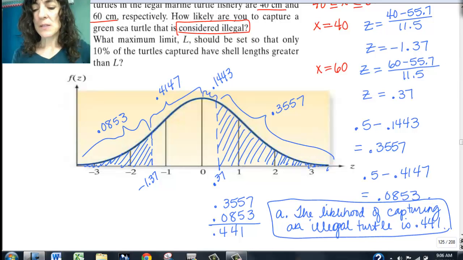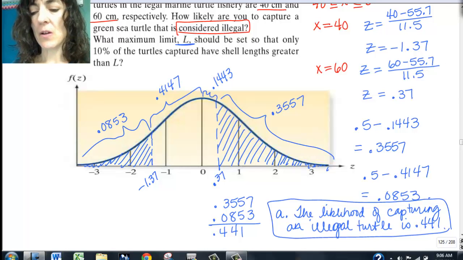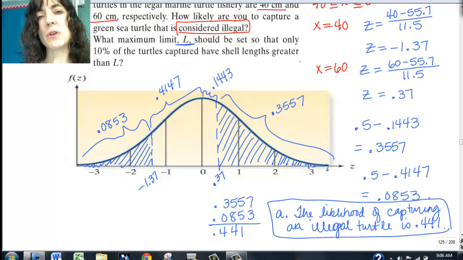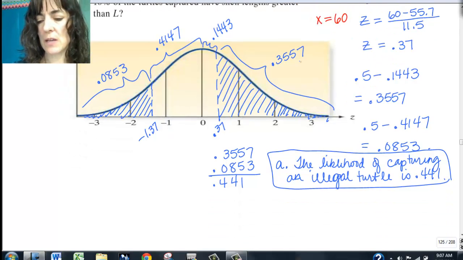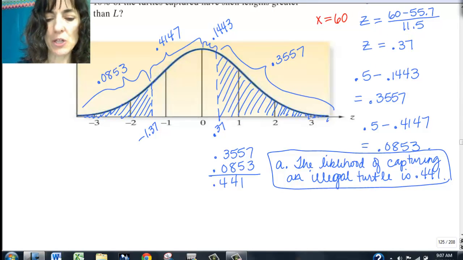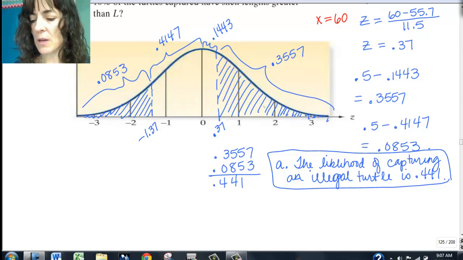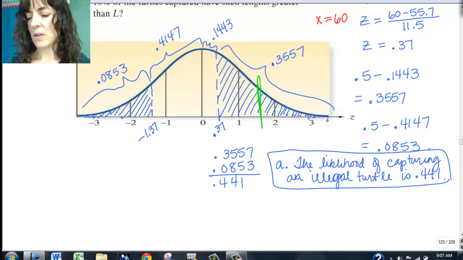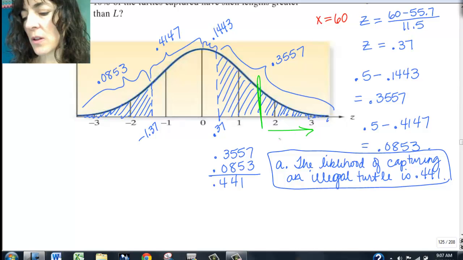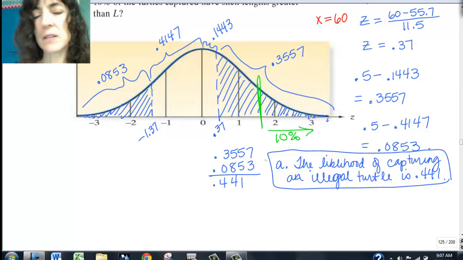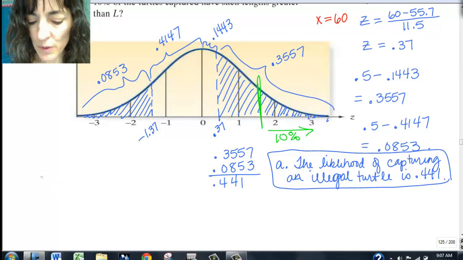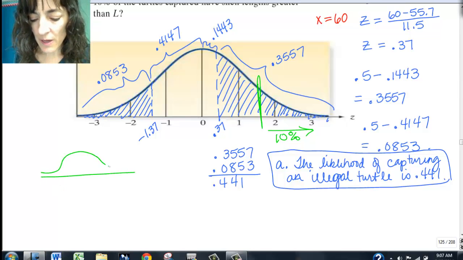Then part B says, what maximum limit L should be set so that only 10% of the turtles captured have shell lengths greater than L? So let's take a look at what that would be like. I'm going to change my pen color so hopefully we can see that. So what we're talking about is some point along here so that all of this is just 10% of our distribution. So we're looking at